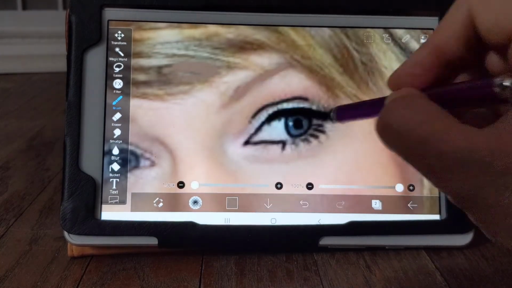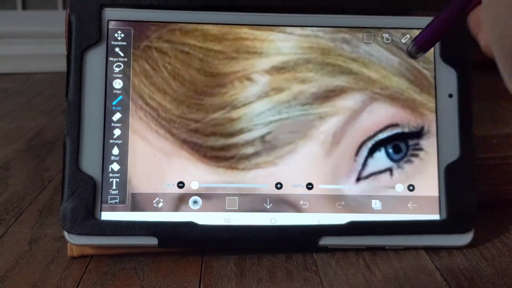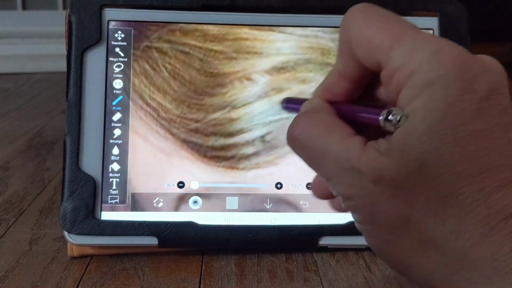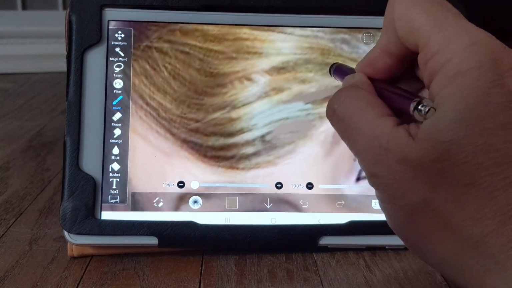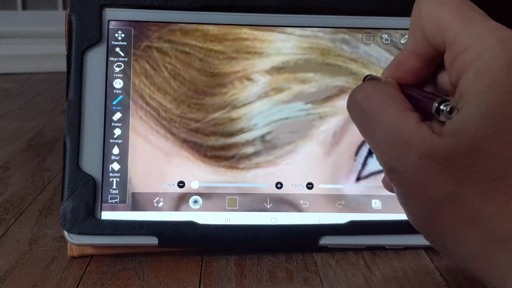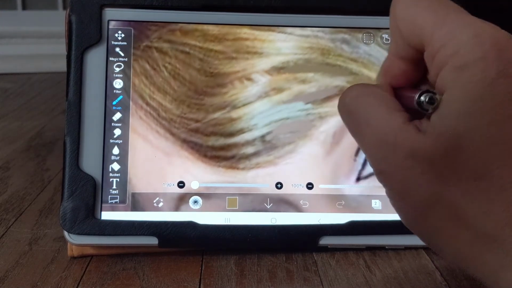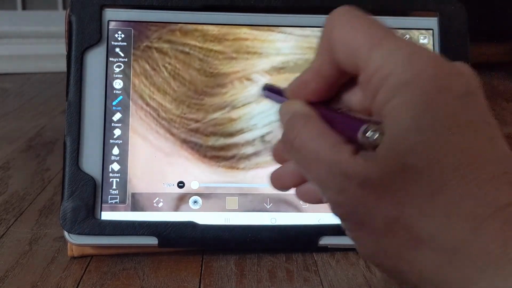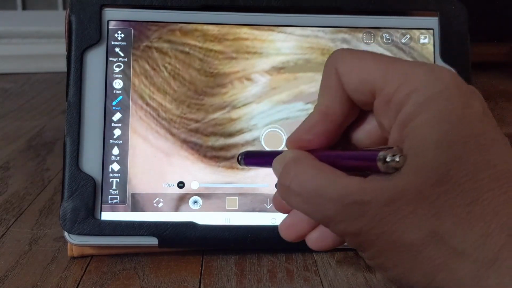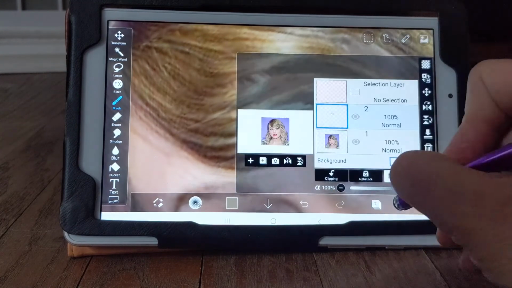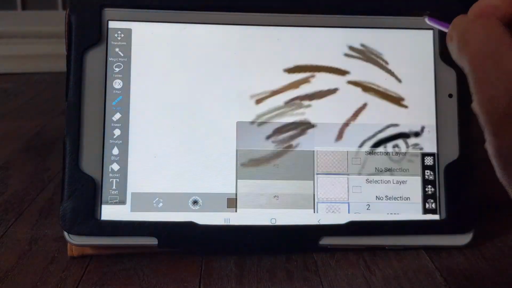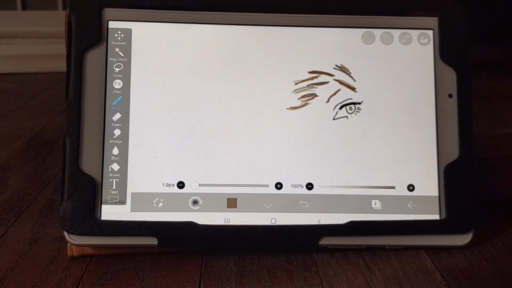So I'm on layer 2, and then I just keep doing what I did. So again, with the hair, you can click and hold, and it picks up that color, which is really cool. Photoshop doesn't do this. It does, but it takes a little bit more clicks to get this part done. But you see what I'm doing? And I just click and hold and click and hold, and there I go. Okay. And again, at any time, you can just shut this off and kind of see what you're doing. And you're going to keep doing it. That's it. If you have any questions, email me.